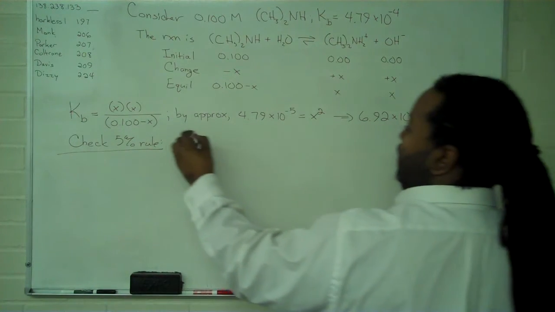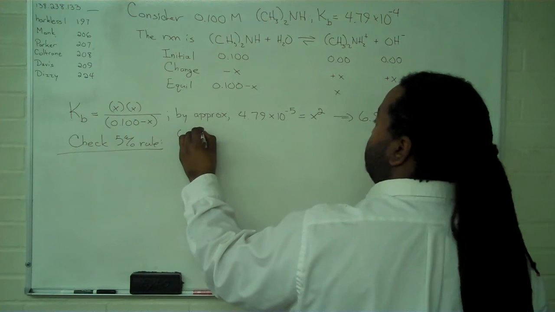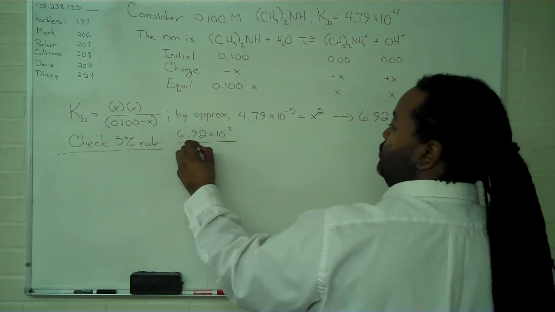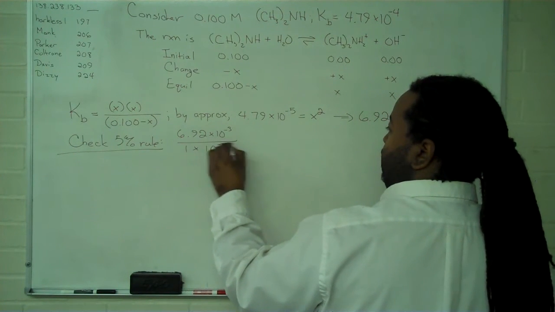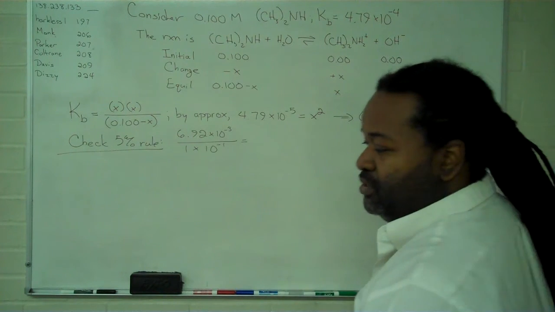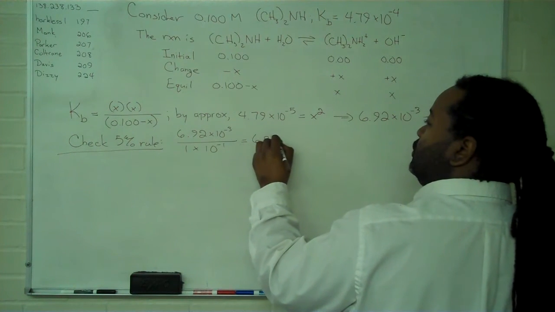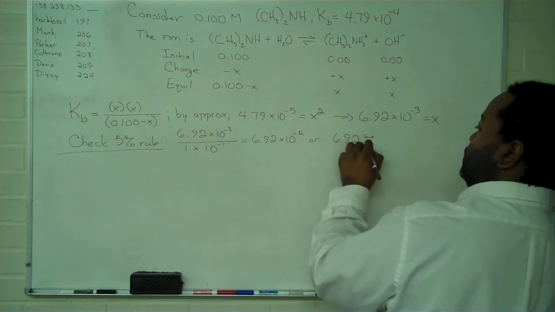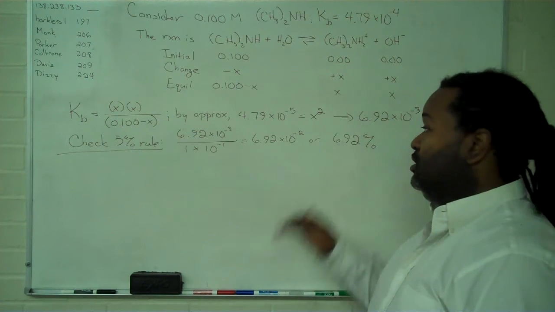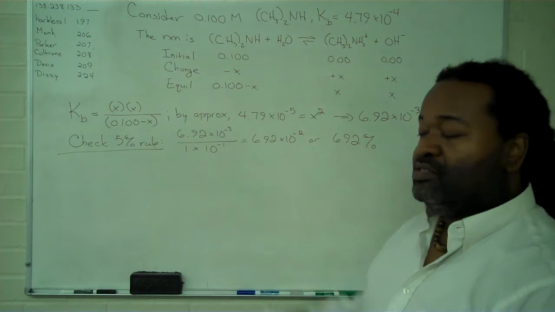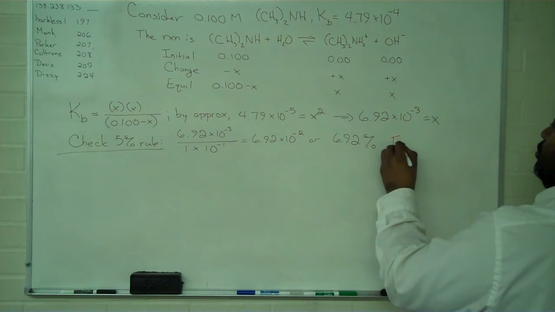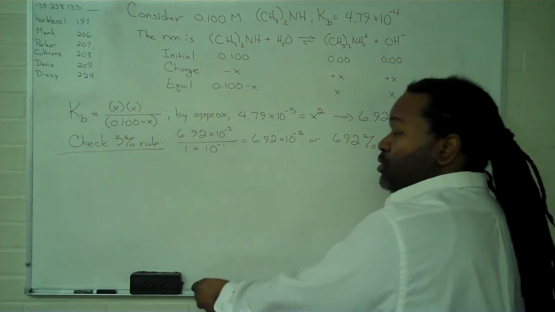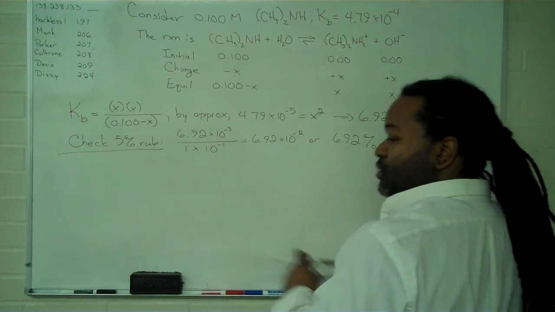So we take the amount that we have from our solution, 6.92 times 10 to the negative 3, and divide that by the initial amount, 1 times 10 to the negative 1. This gives us a result of 6.92 times 10 to the negative 2, or 6.92%. Because the amount we solve for by approximation is greater than 5%, this is a fail. So we'll have to use the quadratic formula,